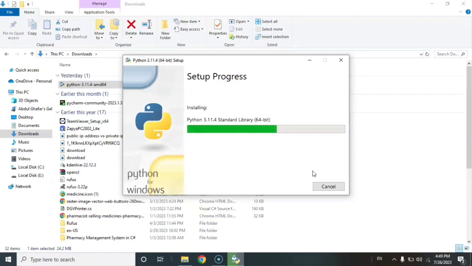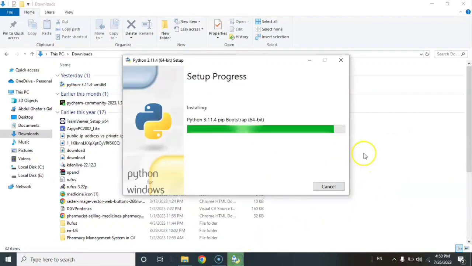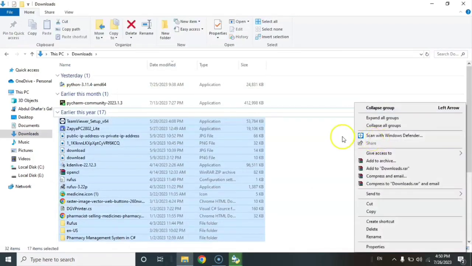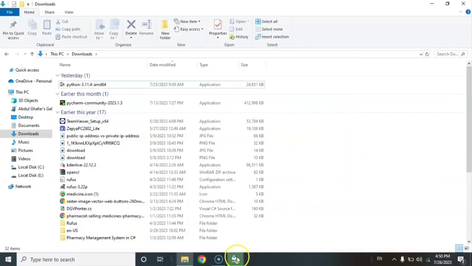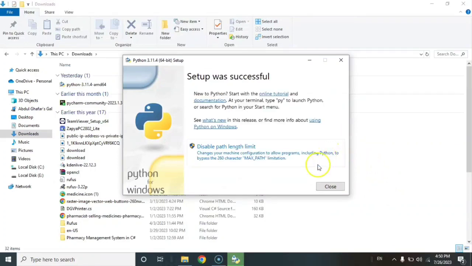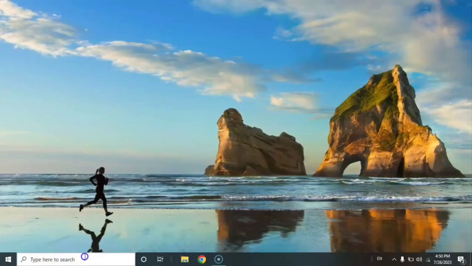This installation will take some time. We need to wait for some time. Okay, installation of Python will be complete now. In just a few seconds we will see installation completed. Okay, just close this page and now go to the search bar and